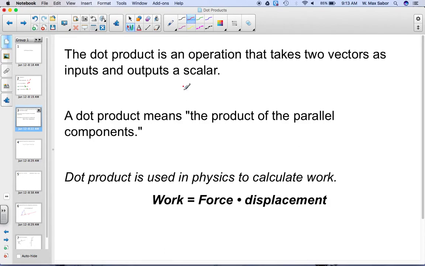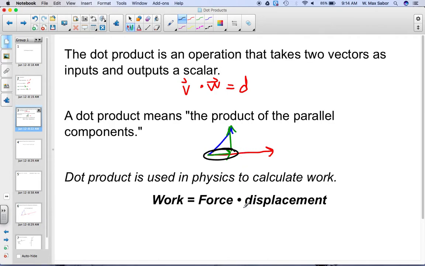So we'll have two vectors, cross them, dot them, and the output will be some sort of number. We can call it D, but it will not be a vector. The dot product means the product of the parallel components. So if I look at this vector and this vector, I can decompose this blue vector into these two green vectors. And then it's a question of what are the product of the parallel components? Well, this green part is not parallel to the red in any way, but this green part is,